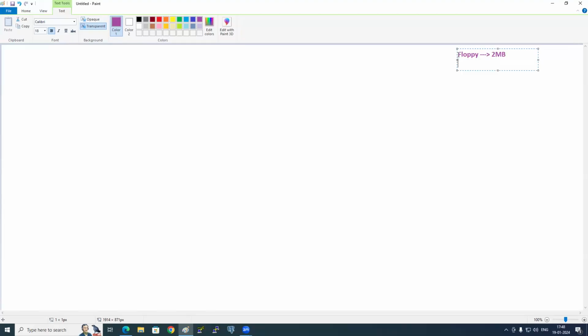I still remember in college days, I used to collect a bunch of floppies for my project to show to my ma'am. Even before that, in my school days, computers were very new.